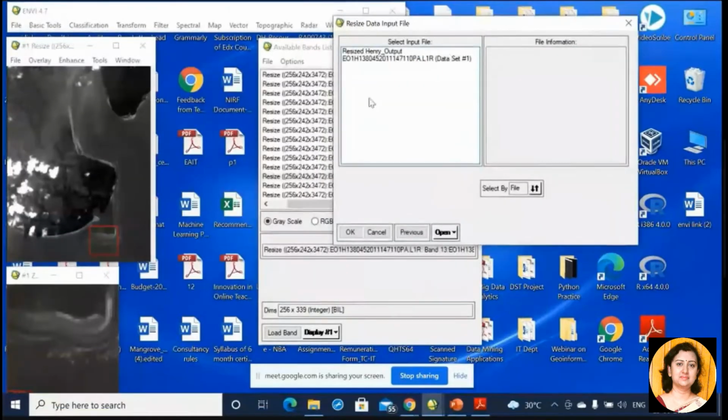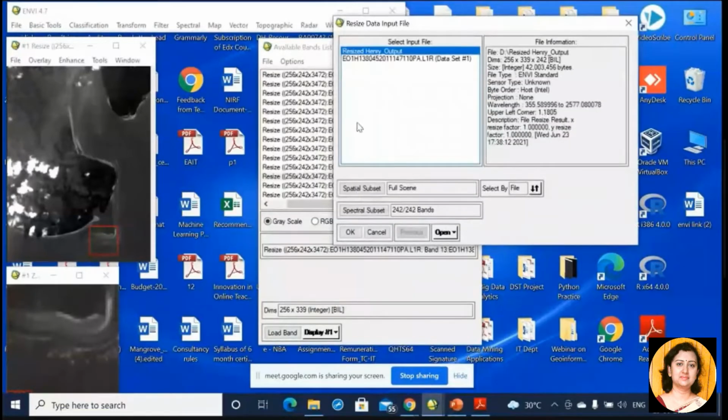Here you select the image that you want to resize. I have already resized it before, so I select the resized Henry output. Now you see on the right hand side corner, you have some information about the image. See, the wavelength is from 355 to 2577 nanometers.